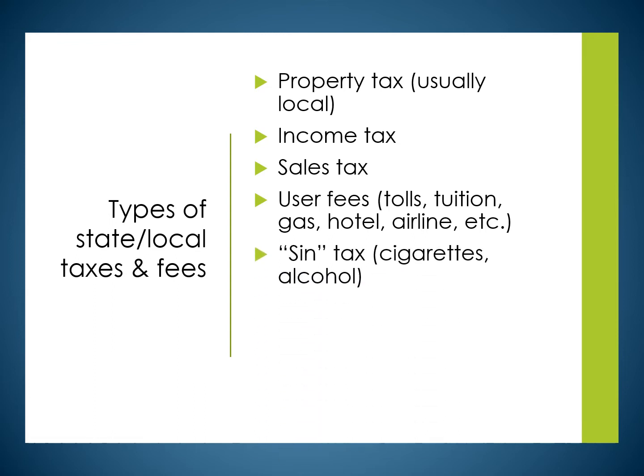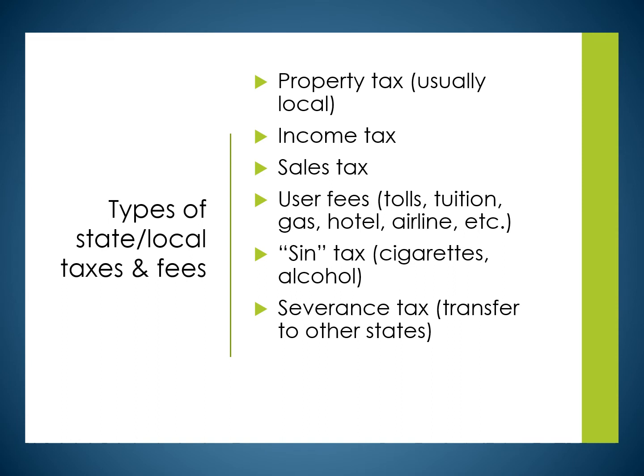A very popular form of tax is called a sin tax. That's a tax on things like cigarettes or alcohol that is considered to be sort of morally questionable. Governments love sin taxes because voters tend to really like sin taxes. They're the most popular kind of tax from a voter's perspective because the idea here is that you have total control over whether you pay the tax or not. If you don't like a tax on alcohol, don't drink. If you don't like a tax on cigarettes, don't smoke. So states tend to really like sin taxes.